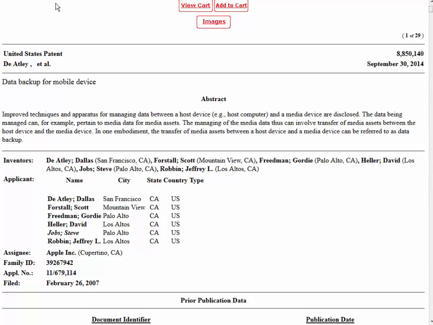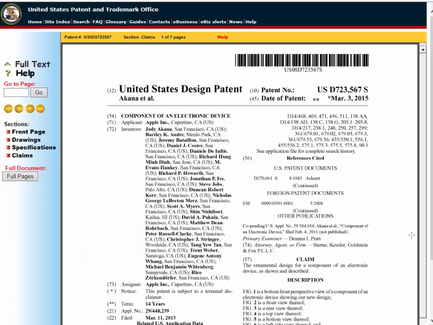Now, what about the one that we looked at earlier, the one that was inventor only? Let's take a look at that one again. You'll notice in this one that the inventors are in one category, but the applicant was only Apple. So if you were looking for Steve Jobs as an applicant, you wouldn't find this patent because he's only listed under inventors. That's one of the interesting things about using field codes. You can get different responses.